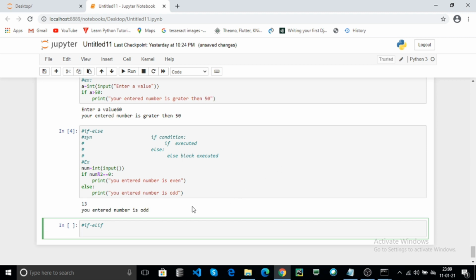This is similar to: if the condition is false, again else within another if checks the condition. If that if fails, again elif will test the condition. For better understanding, if condition.